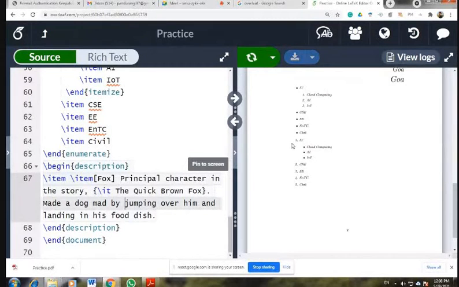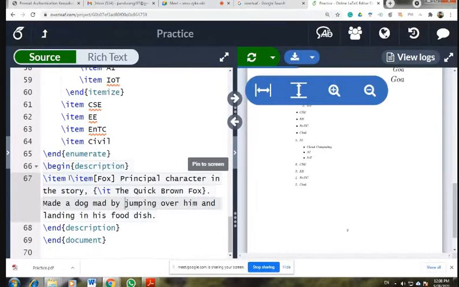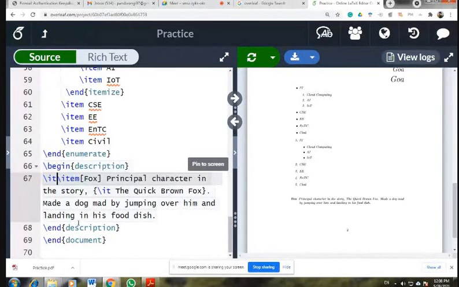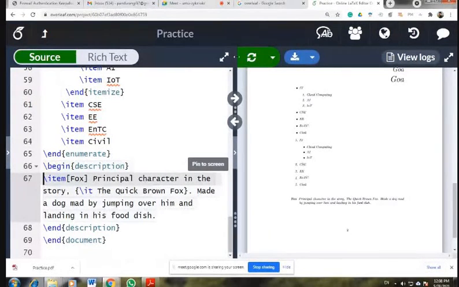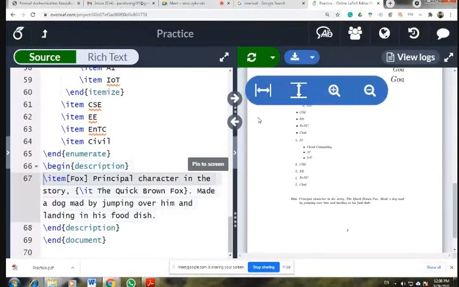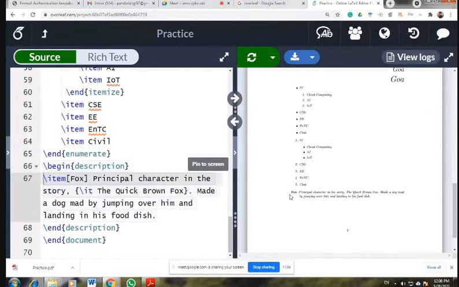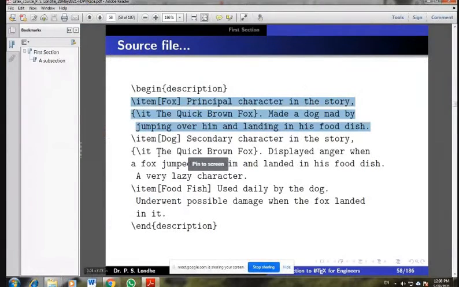Okay, so this is like a description. This is a one description item I have used here. So like fox, I have described the word fox here by using a description list.